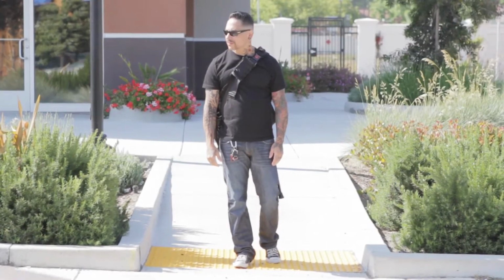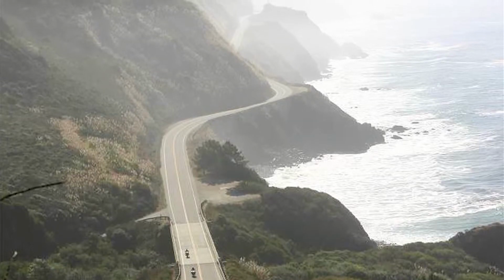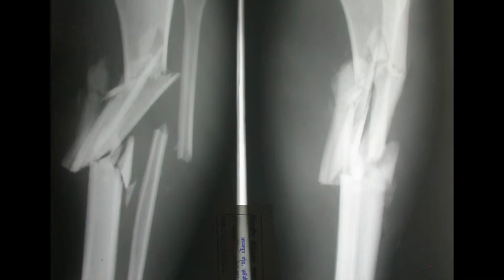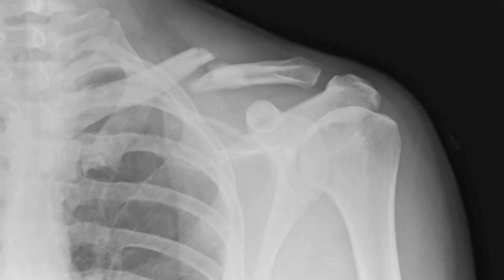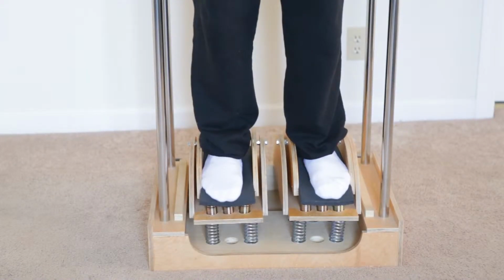My name's David Fogel. A year ago, I had a motorcycle accident. I was riding south on Highway 1, rear tire pitched up, face plant. I had a compound fracture in my tibia, fibula. I broke my right collarbone, several ribs. I knew that there was going to be a lot of residual effect throughout my body, so I started to do some research,